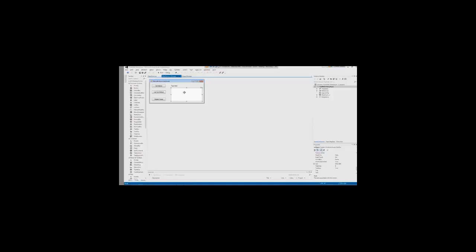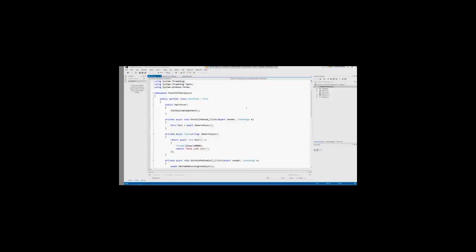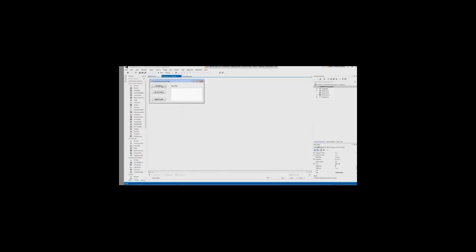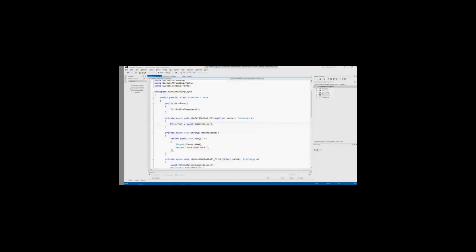So let's take a peek. Basically here I got 3 buttons, right? And that just illustrates 3 different ways to use these new keywords. And I got a text box. So if I have more than one thread doing the work, I should be able to be typing in this text box while the work is happening in the background, right? That's the idea. So let's just kind of take a peek at some of this. I think I'm going to start down. Let's see if I can remember my buttons here. Let's start with this one. Yeah, this guy here.